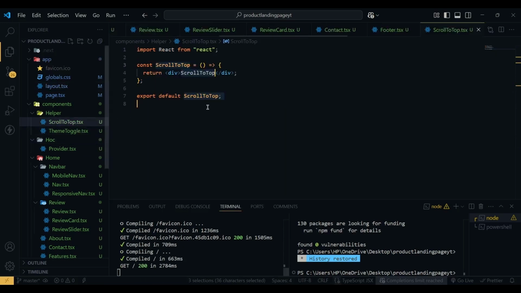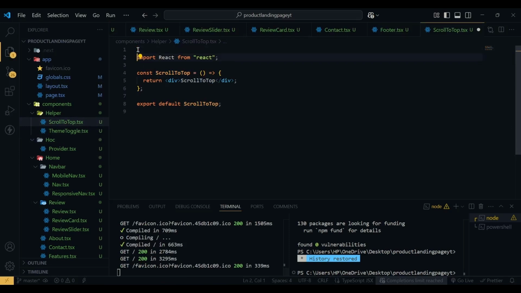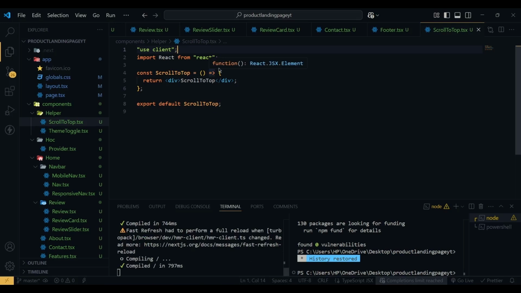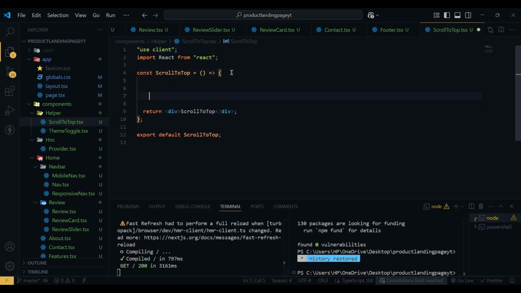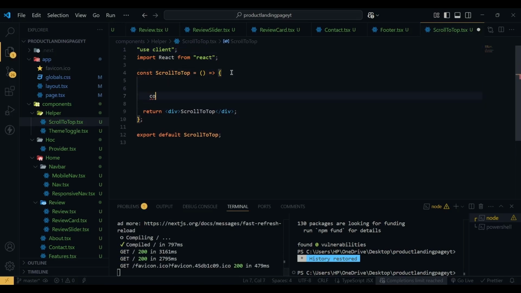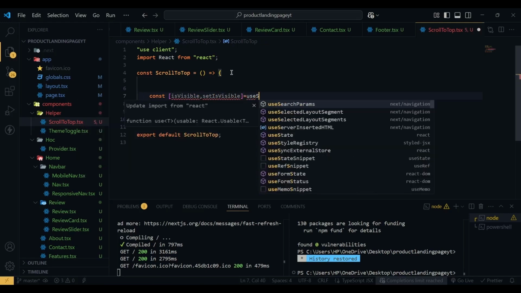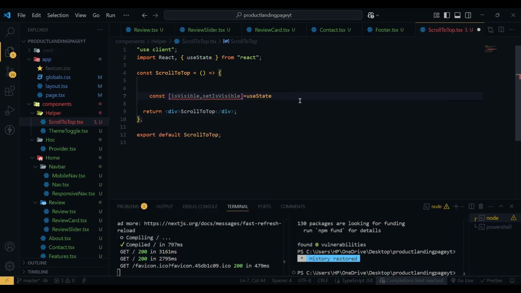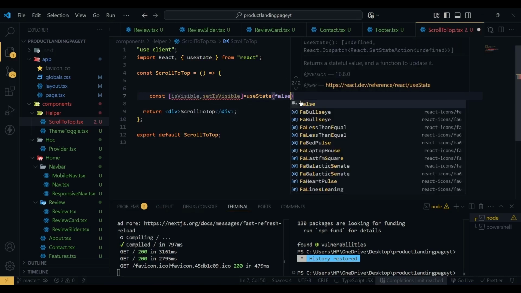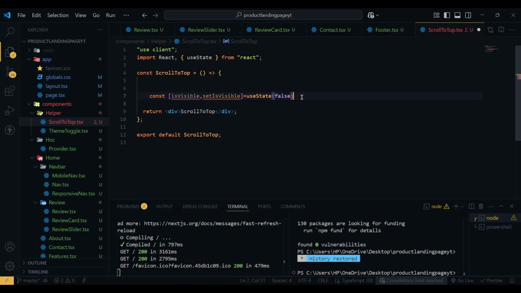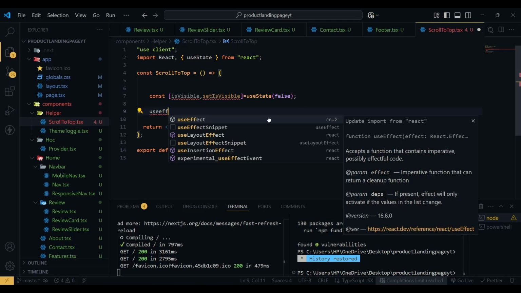Now let's go to the scroll to top, and here I'm going to convert this into a client component using use client. And here first I'm going to create a state variable of isVisible and setIsVisible, and we're going to use useState, and initially this one will be false. So initially this will be hidden, and when you start scrolling this will appear on the screen. So I'm going to use a useEffect hook here,